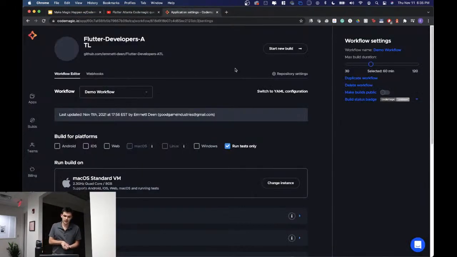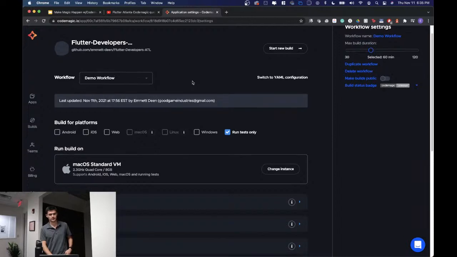So heading over to Codemagic, the first thing you're going to do is link up your GitHub account, and it's automatically going to allow you to pick from any of your projects. Here, I'm just using the Flutter Developer Atlanta website because it's a great example, and I have a demo workflow set up. Today, I'm just going to be showing you the user interface because it's so easy to set up, and if you're working on any Flutter project at home right now, you should do this even if you're a solo developer, because it's going to save you time, and their free tier you're probably never going to hit